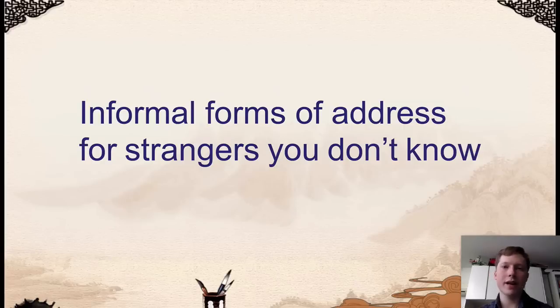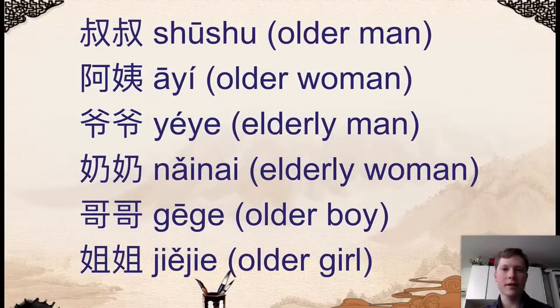So far I've been talking about how to address people in formal or polite business situations, but also you need to know how to address strangers and people in less formal situations, because there are also specific ways to address people in Chinese in this kind of situation. So if you want to address somebody in an informal situation and there's somebody that you don't know at all, then it depends on their age compared to you.